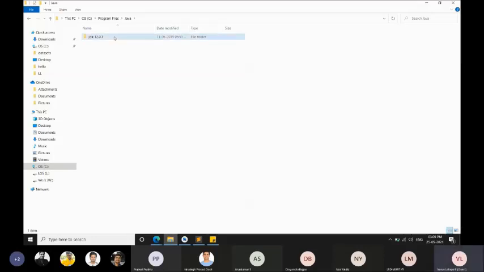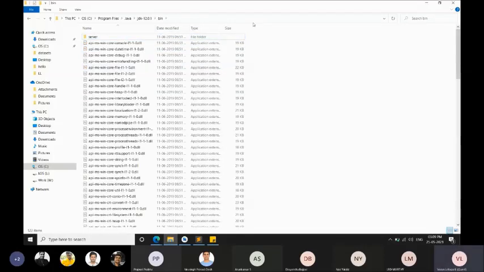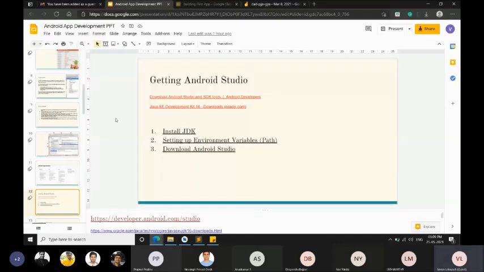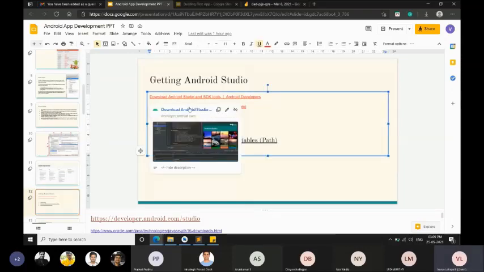So just click on this JDK again. Just click on this bin. So this is the location we require. Why do we require this? I will tell you. In order for our Android Studio to get installed properly, first we have to download the Android Studio file. The link is,